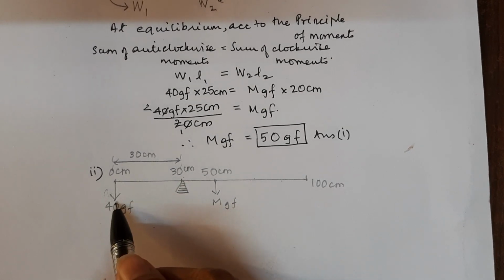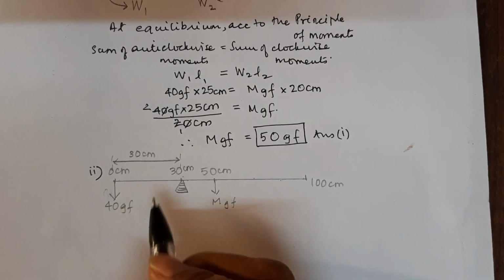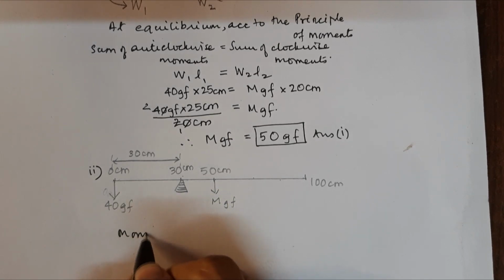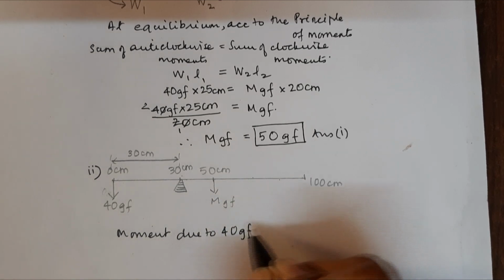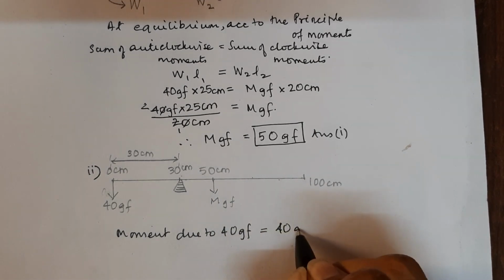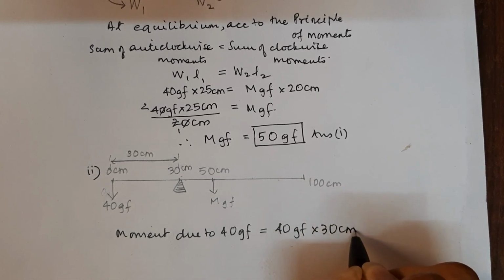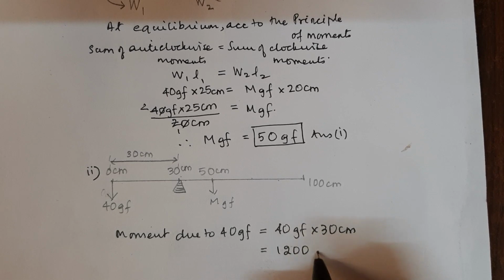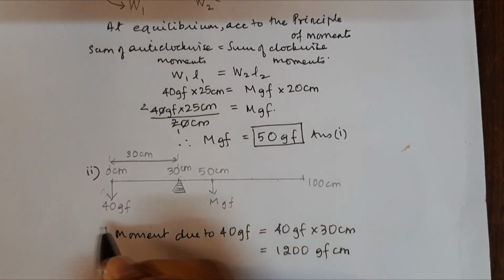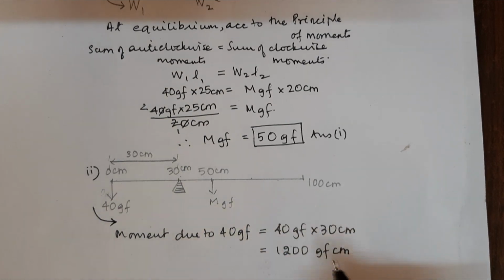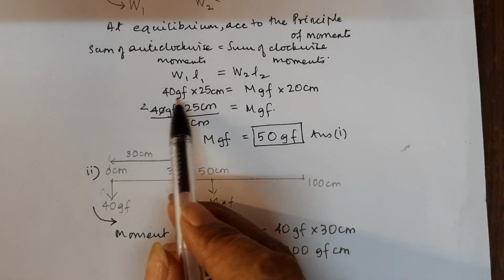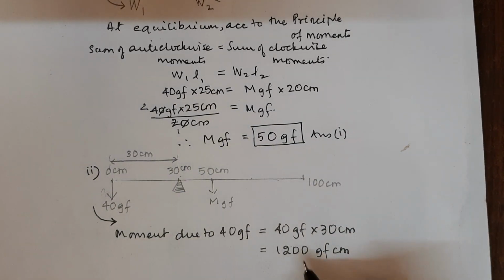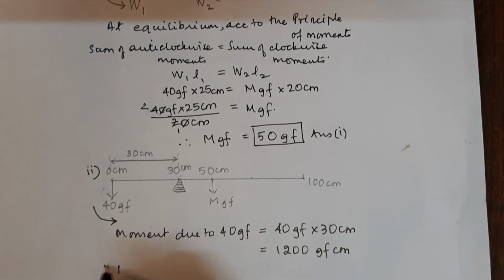On shifting 40 GF to 0 centimeter, we will have the moment due to 40 GF, and that would be 40 GF multiplied by 30 centimeter, which means it will become 1200 GF centimeter, and that would be anti-clockwise. Now earlier moment was 40 multiplied by 25, which was 1000 GF centimeter, and so now the anti-clockwise moment has become more. So we will write that since